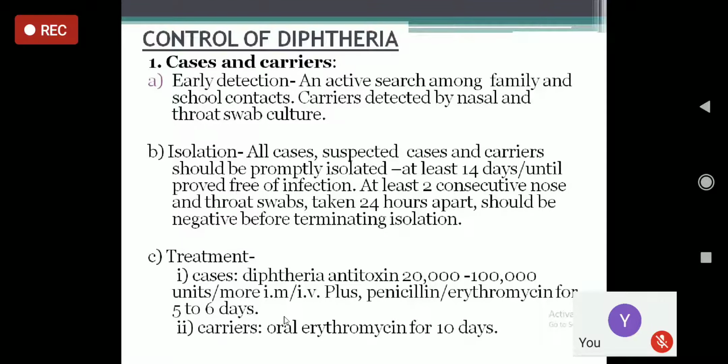Second one is after detection of active cases, you have to isolate them. Just like in COVID-19, once the patient is PCR positive, you have to put that patient in the isolation ward for 14 days. I know it's not only 14 days in diphtheria also. Not only cases but suspected cases in